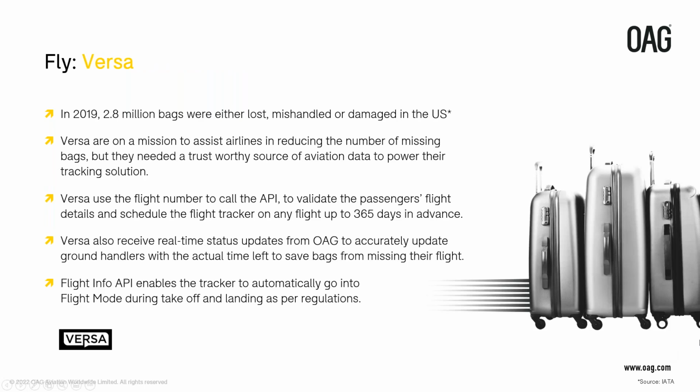So that covers the onward travel, but coming up to the next one, which is Versa. This is a Dutch company with a real passion for traveling and new technology. They've developed a tracking solution with two main goals. They want to remove the luggage stress for passengers and enable airlines to provide a better baggage service to their customers.